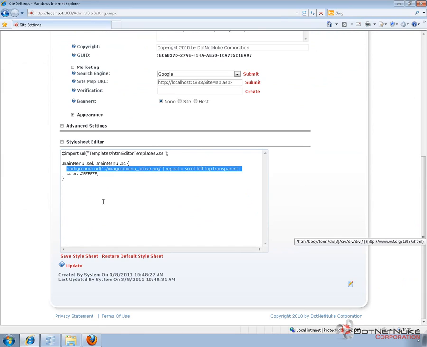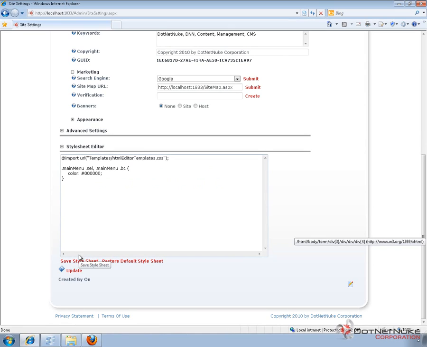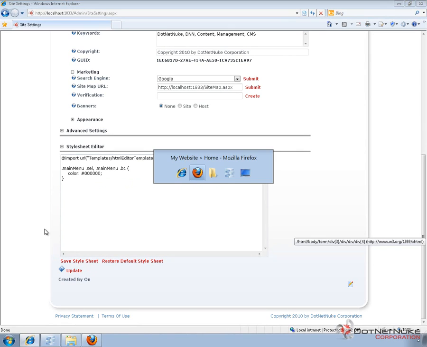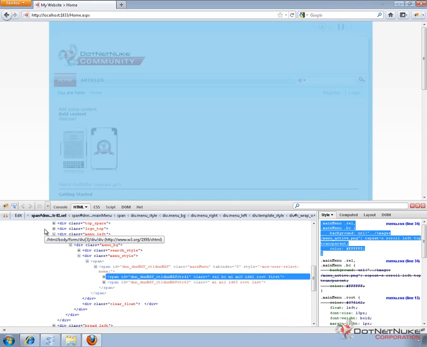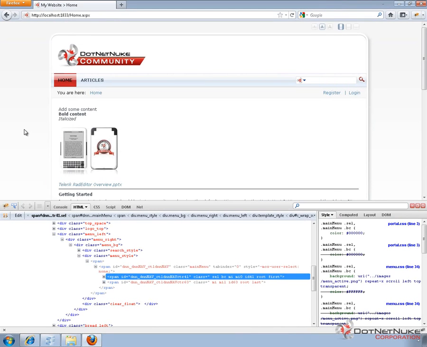For now, I'm going to remove the background section because I don't want to change the background itself. All I want to do is change the color. So we're defining a new color here that applies to the main menu select and main menu BC classes. So I can come in here and type in black or the hexadecimal value of that. Click on Save Style Sheet. That saves Portal.CSS. If we go back over to Firefox now, and I refresh Firefox, the page reloads,